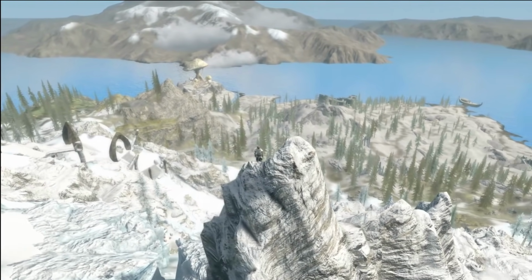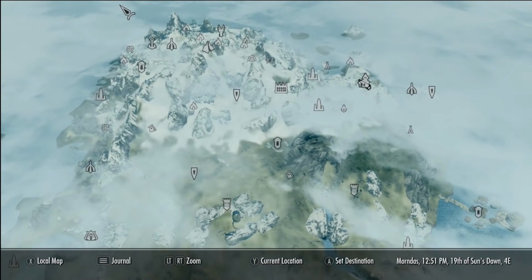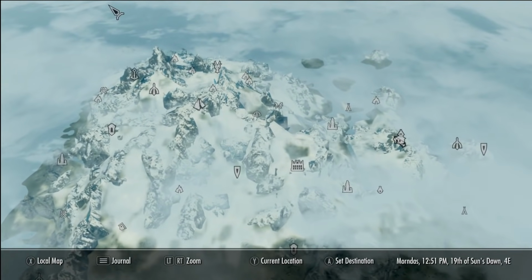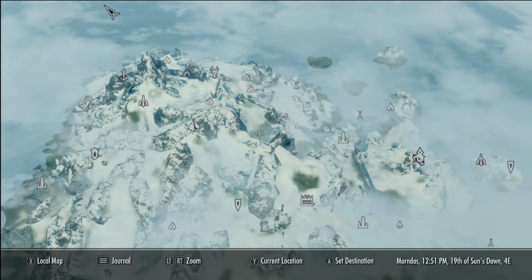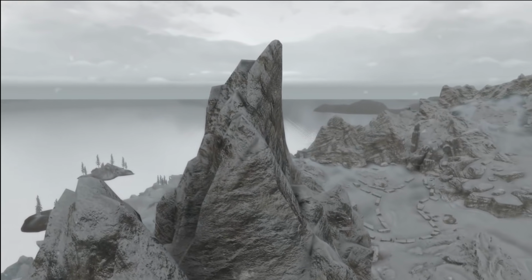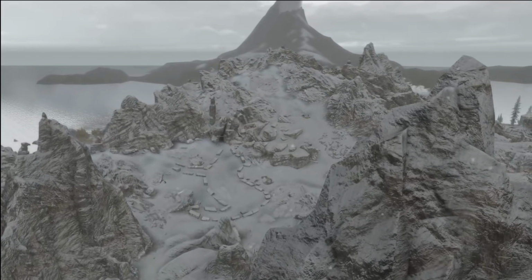In fact, some of the locations we're going to be looking at today are not even marked on your maps as locations at all. Like the first location I'm about to show you guys, that can't even be unlocked with console commands. Very strange. Starting out with our first location, on the island of Solstheim, there are actually 4 hidden